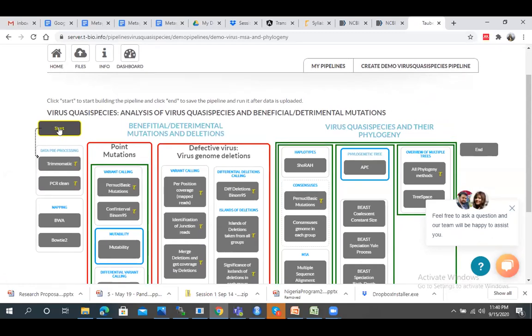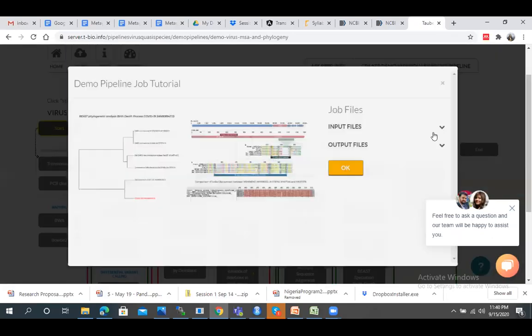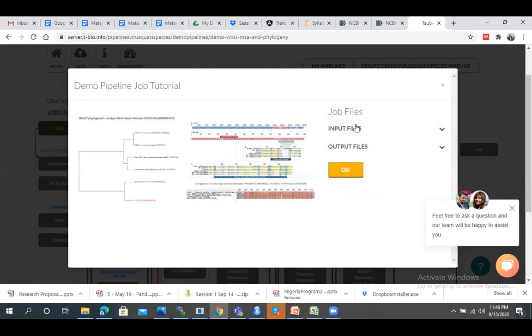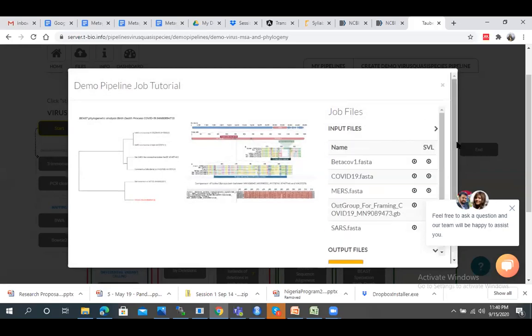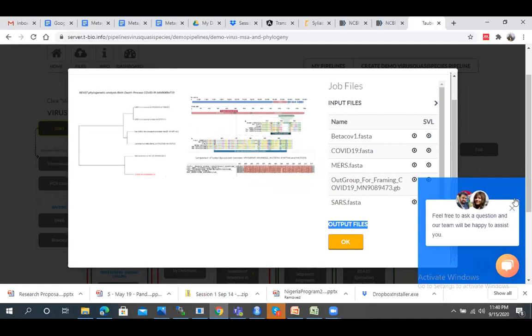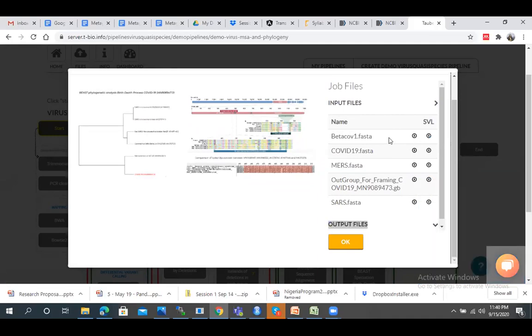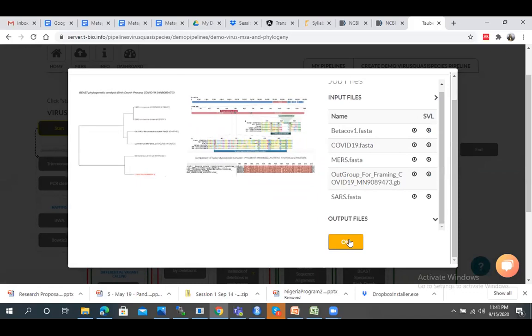So let's start. Once you start, there are different input files. Here we are comparing four sequences: beta coronavirus FASTA, COVID-19, MERS FASTA, then one for the other group, that is COVID-19. So you select OK.